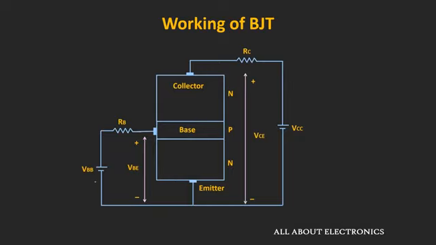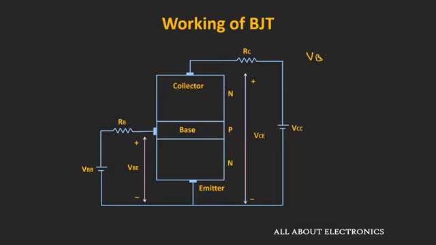So as you can see over here, for the base and the collector supplies, double subscript is used. That means here this VBB is the source voltage for the base, and the VCC is the source voltage which is connected to the collector terminal. And this voltage VBE defines the difference between the voltage at the base and the emitter terminal.